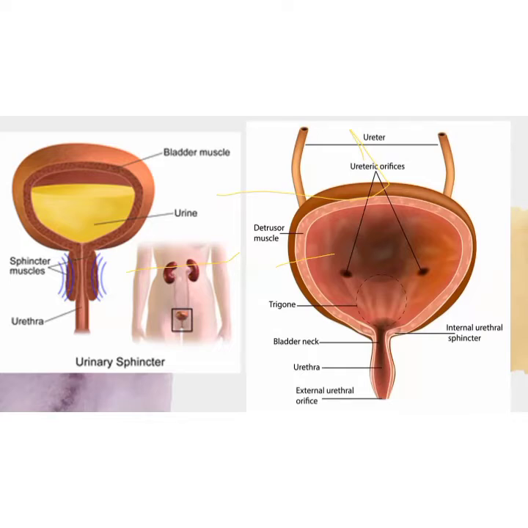Blood supply is from the branches of the internal iliac artery, and the veins follow the arteries and form a plexus. The vesical plexus is present in the space of Retzius. And for lymphatic drainage, most of the lymph collected from the urinary bladder is emptied into the internal iliac nodes and the para-aortic nodes.